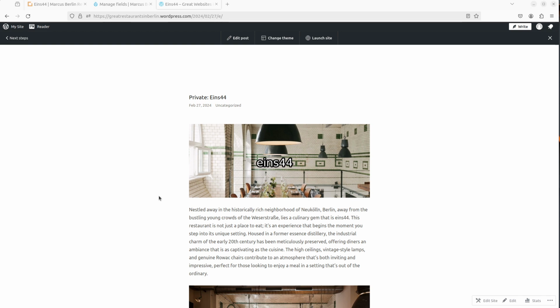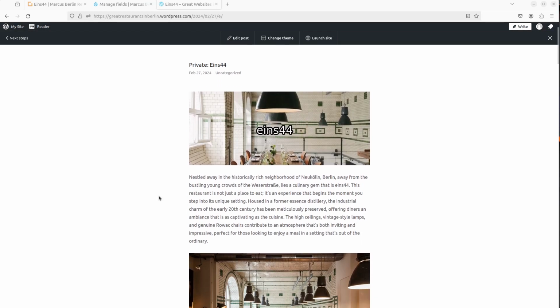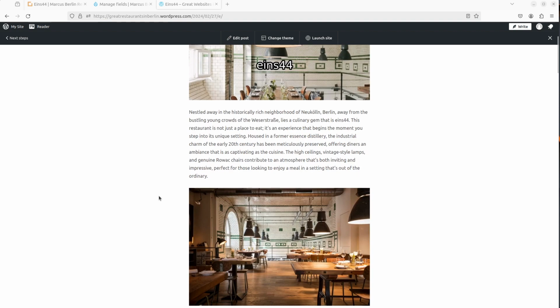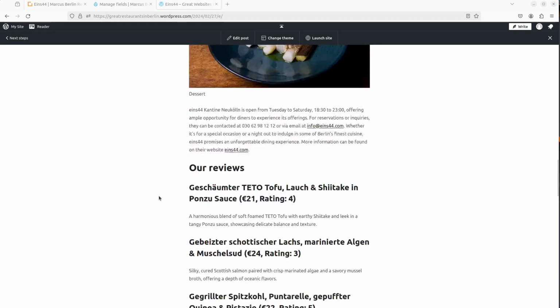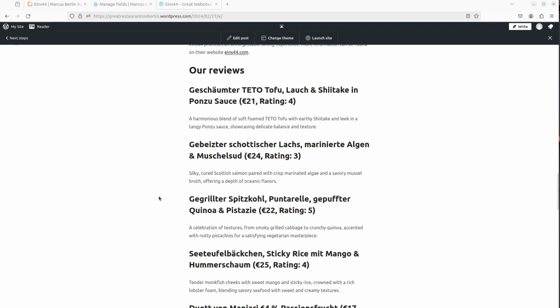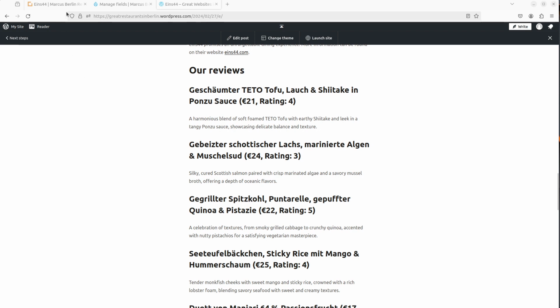So we're gonna take something that's fairly unstructured or could be completely unstructured. WordPress uses Gutenberg blocks, so it has some kind of structure, right? But you could think of this as a WYSIWYG page. So it's a review site about Berlin restaurants, and I'm gonna move this now into Drupal in a very structured